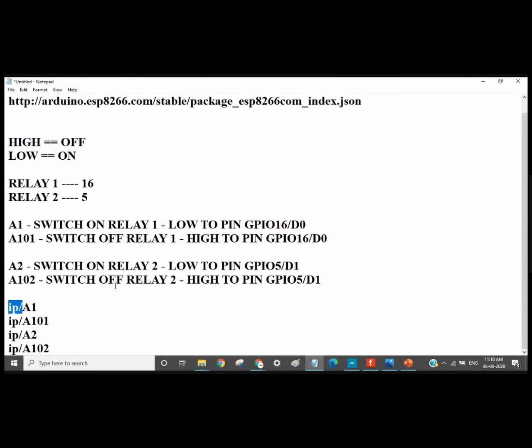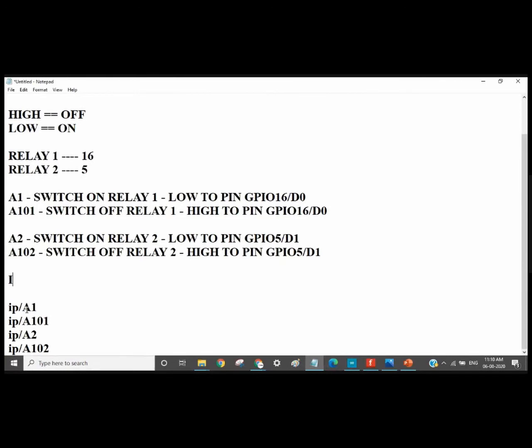So hence we are altering our value of I, right? So we are removing this thing, and then in I the only thing that remains is A1 or A101 or A2 or A102. Okay, I'll show it in the video part what happens when you do this.